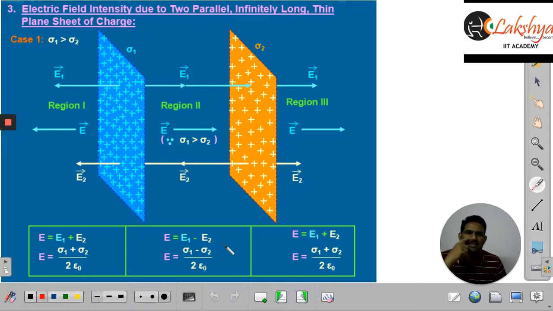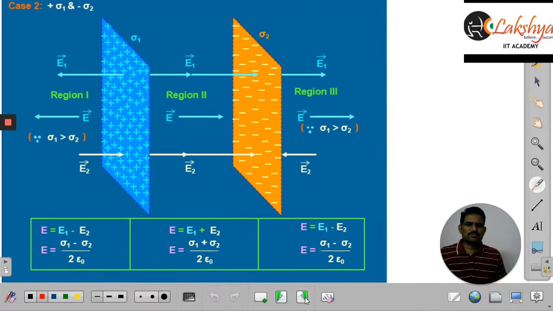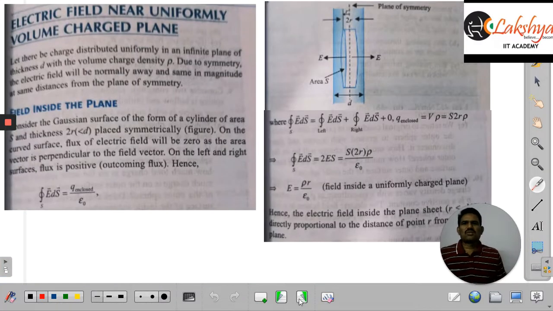And outside the planes, the same electric field, sigma by epsilon naught, will be there in opposite directions. So this side it will be towards left, and this side it will be towards right, right? That will be the case if they have the same charge densities. So that is when you are taking a combination of planes of charge. Now let us take this